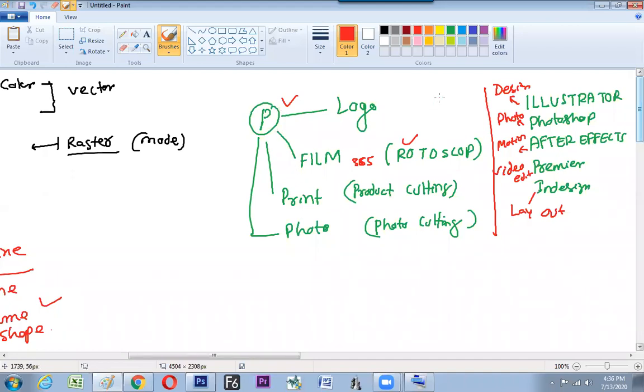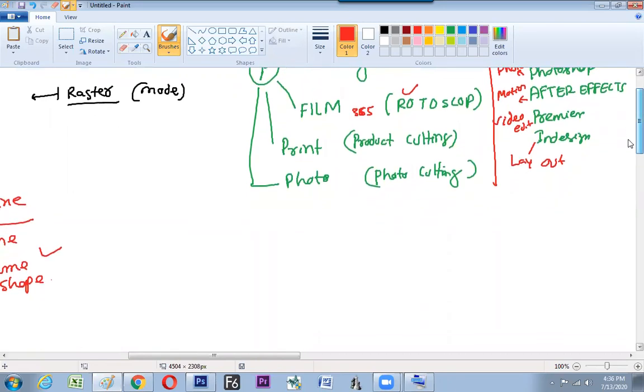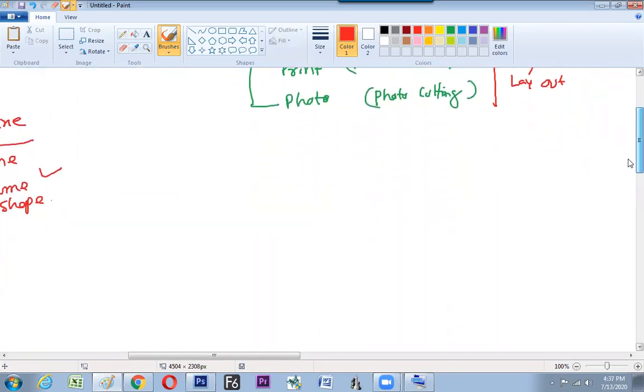Fine. Before starting, I just want you to know that you are not going to work only in the print industry. All the industries are waiting for you. Now let us start. If it is so big and so many jobs are available, then yes, it is to be learned in a very detailed manner.